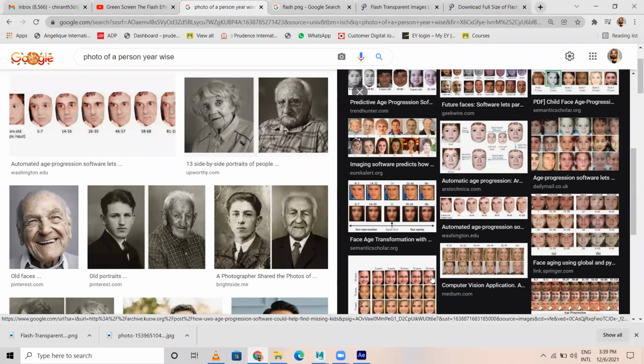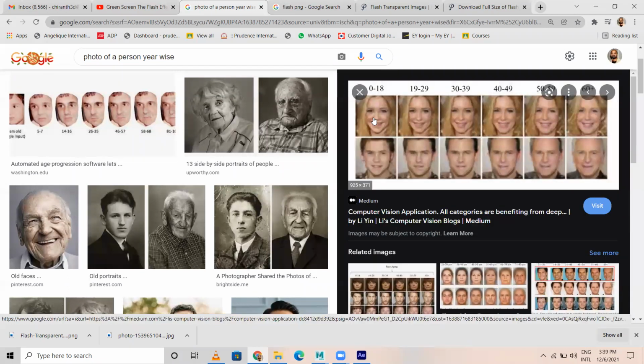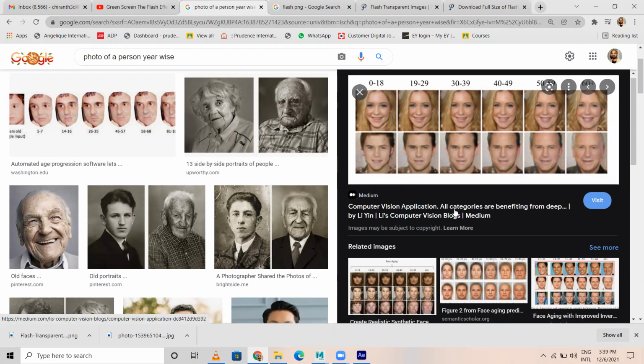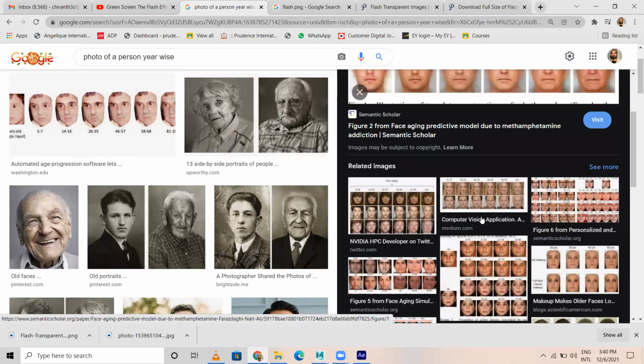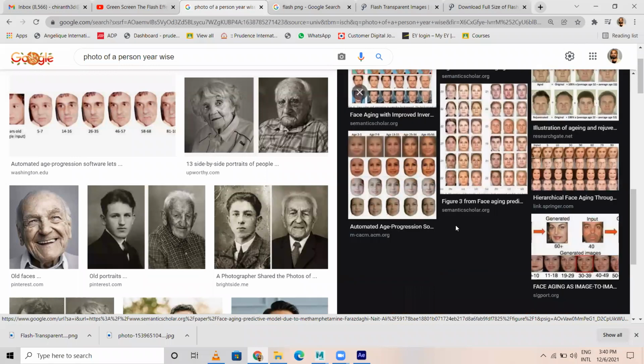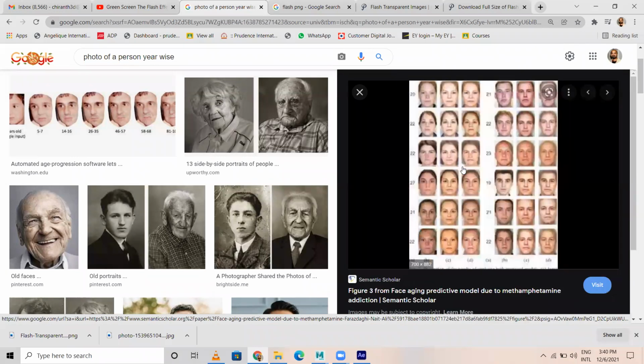For example, another example I'll pick. Let me pick this. You know these characters. Okay, you know this one. From here to here, age will increase, or in increasing order or decreasing order. Either way you can work on it. This particular activity is called morphing. It will be really fun to work on.